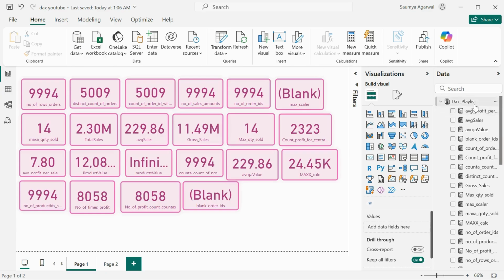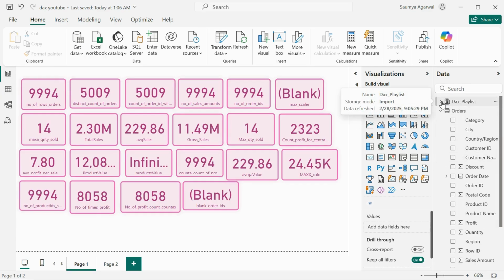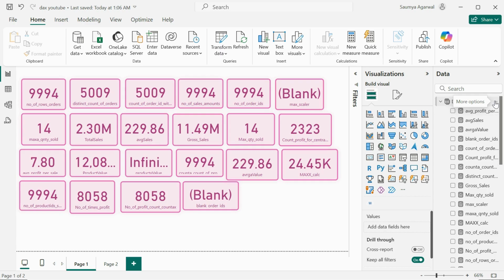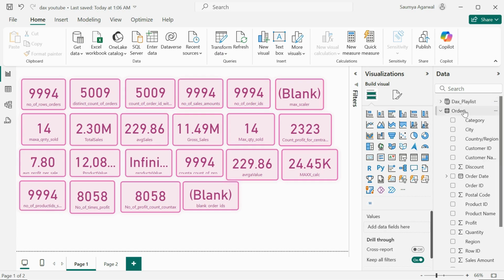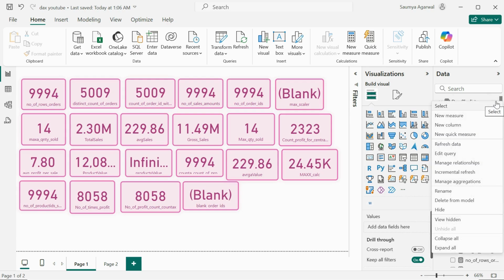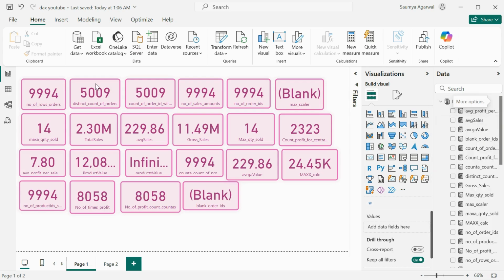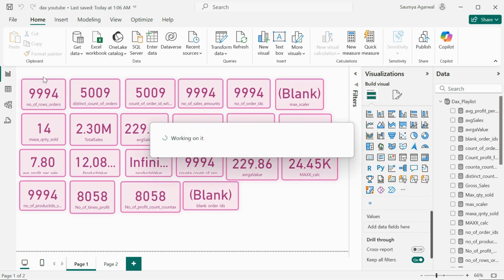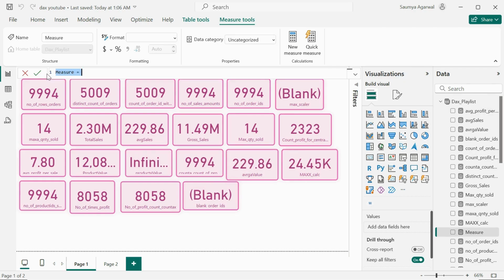Now if I go to my view, here I have a dedicated table for my calculations. I have already attached the video for this dedicated table for all the calculations. You can have a look, or else you can directly create a measure inside your main table. Now if I go to new measure, let me give it the name min